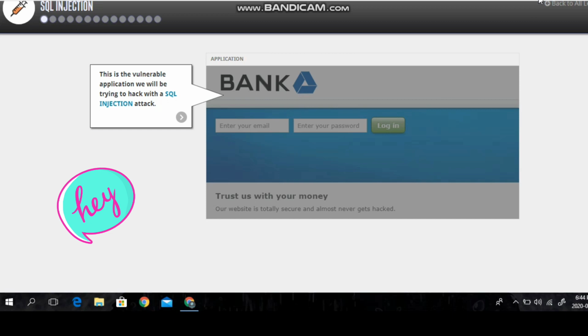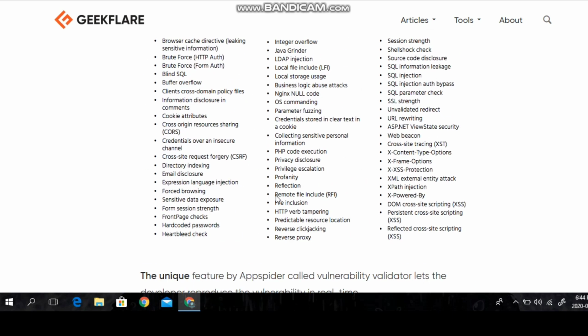Hello everyone, welcome to Programming with God. Today we're going to study how a web application is SQL injectable, how to perform an SQL injection attack using the site's exploit, and how to check whether a site or a web application is vulnerable. You can visit the second link in the description.